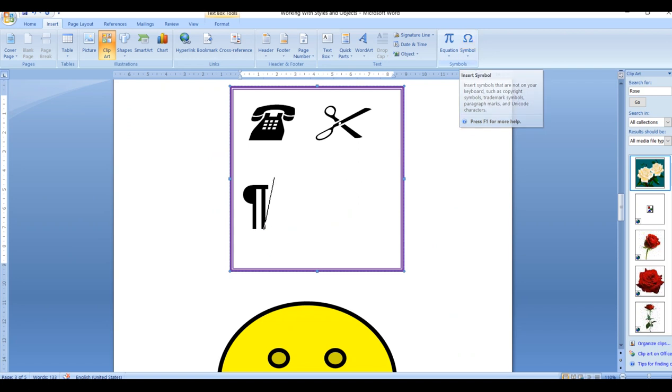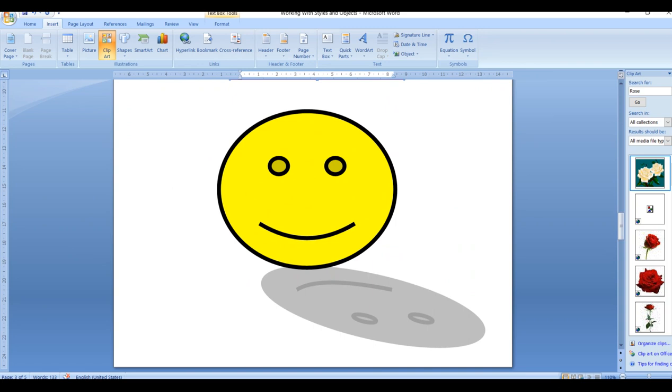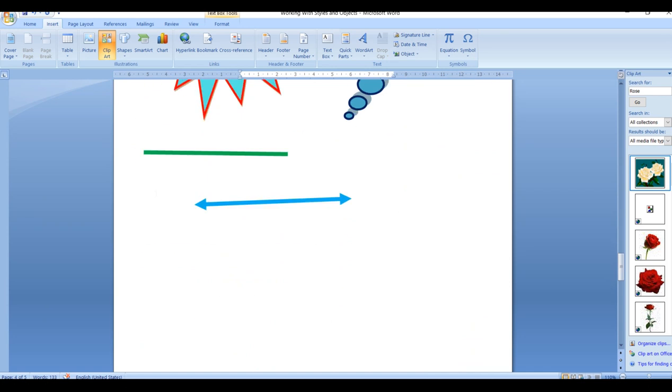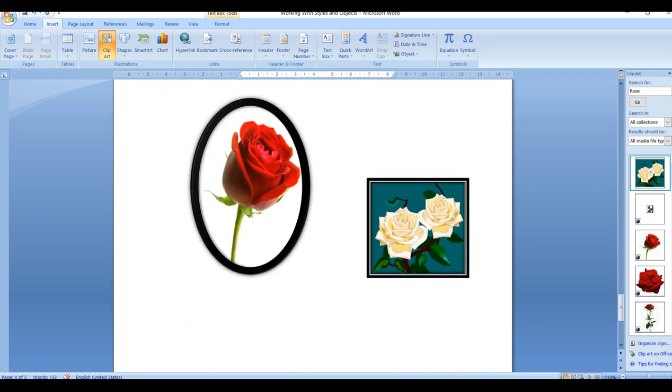There you can insert a special symbol, how to insert a shape, how to color it, how to add the shadow effect, and again we saw how to add the shapes and insert text into our shapes. Again one more thing, students, we saw how to insert clip arts into our Word and how to give a border to it. So all these things are there in our lesson.